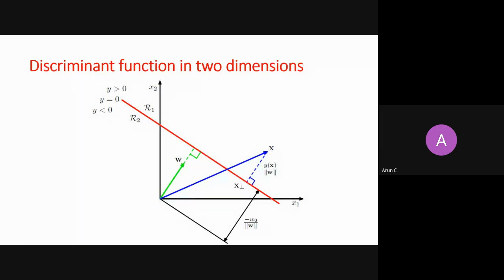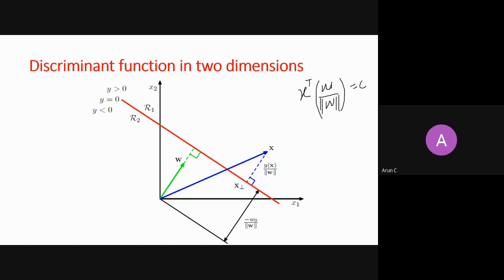So let's assume my W is not a unit vector. If my W is not a unit vector, then first I convert this W into a unit vector. It's the simplest thing I can do. I need to divide it by the norm of W, just to normalize it and make it a unit vector. Then I take all those x which, when multiplied with this unit vector, give me some constant c.